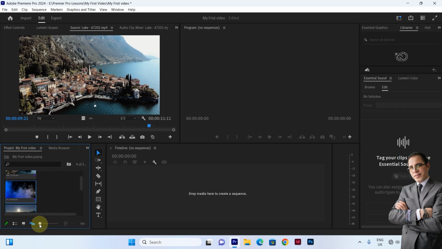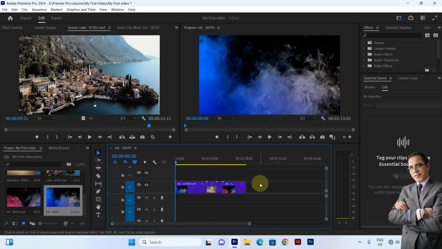You can make it smaller and bigger. All these things can be done here in the project panel. And then we have another panel which is called the effect panel